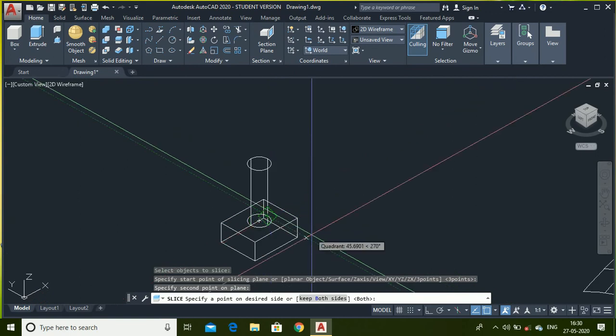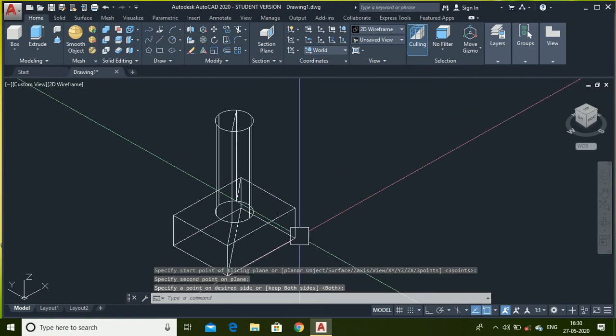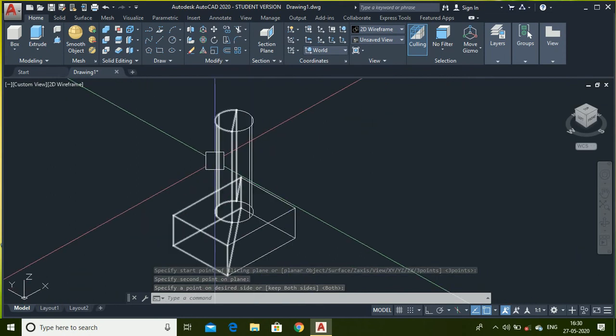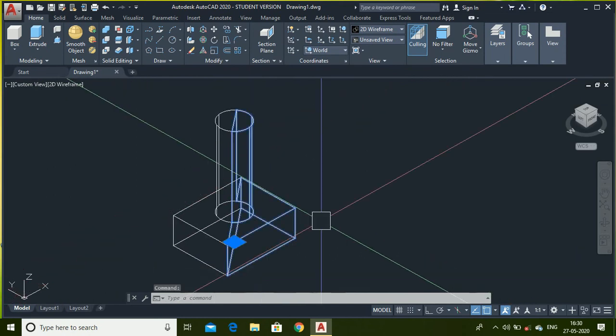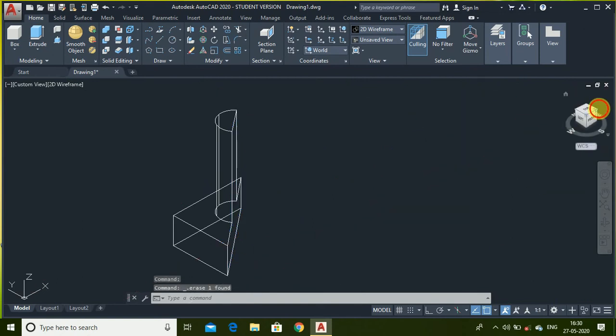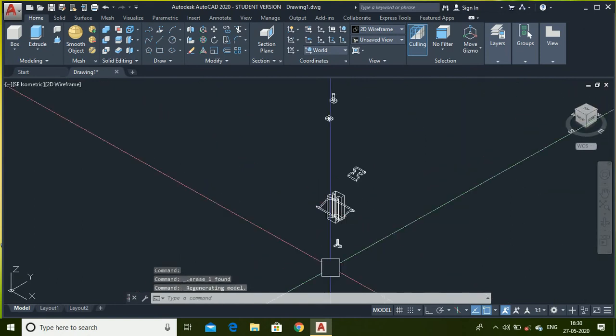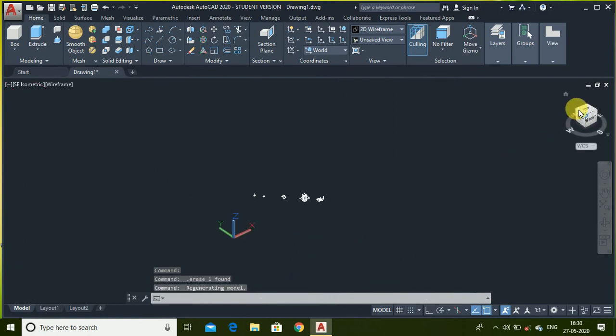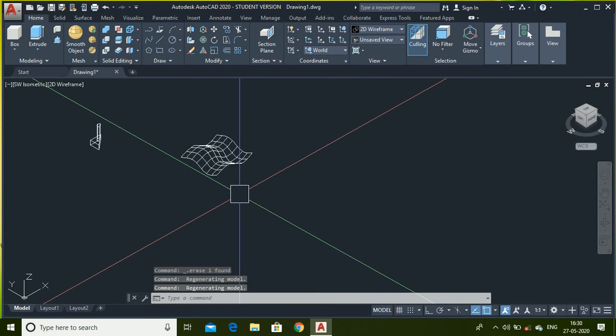I want to keep both sides, so I will press enter. Now you can see the object is divided. You can delete any one, simply select it and delete. Now if you change the view, you can see the sectional view of this object. You can also use it to produce a sectional view.